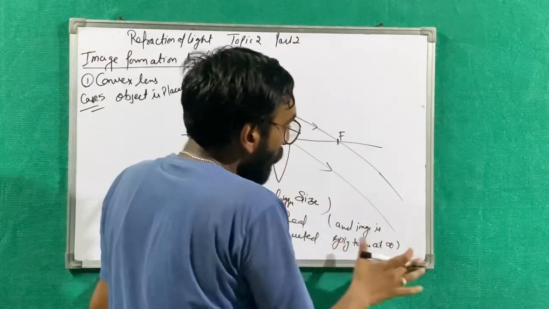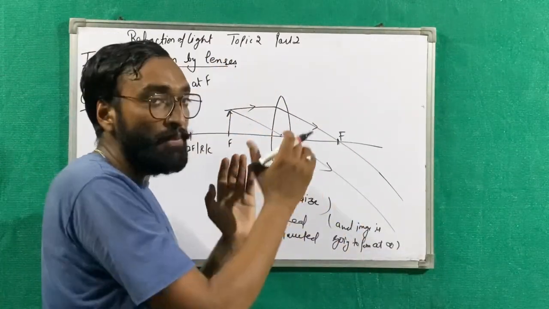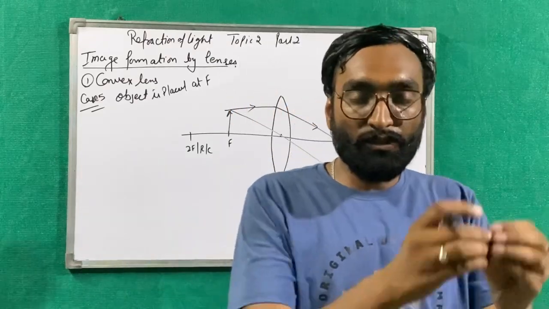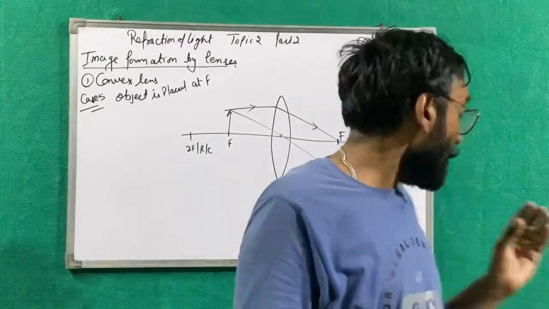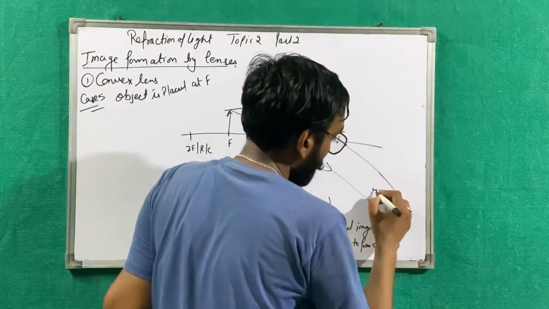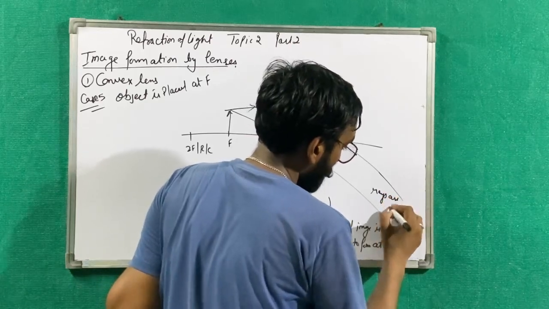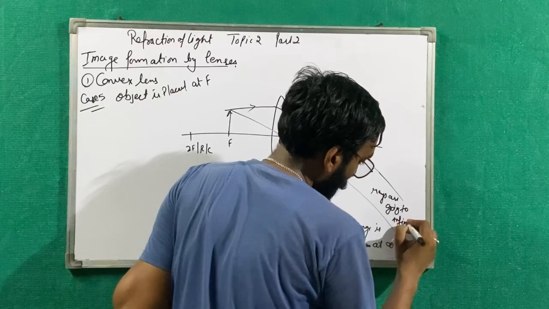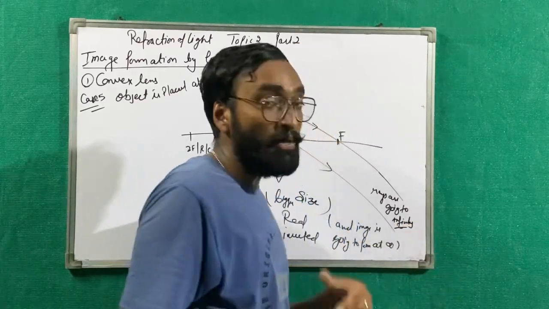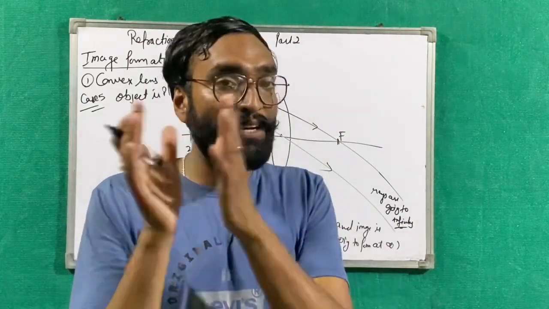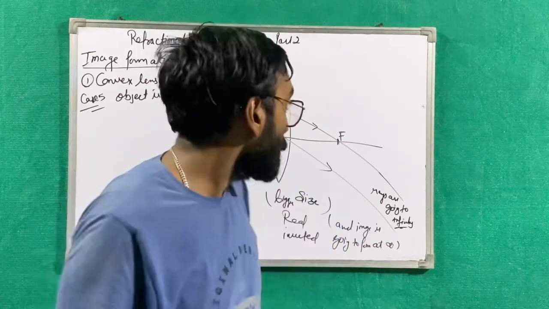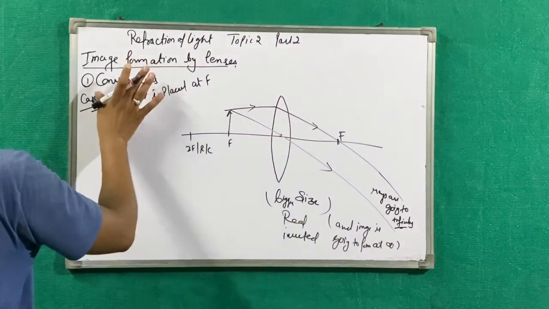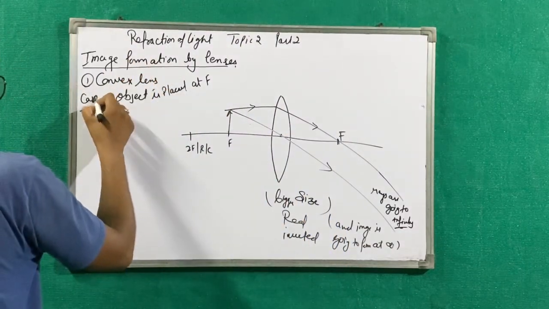Okay, so this is going to be the case. Here there is no real image. It will meet at infinity. The rays are going to infinity. They will never meet at a single point. They will meet at infinity only. Okay, so this is going to be your fifth case, and the last case for the convex lens is